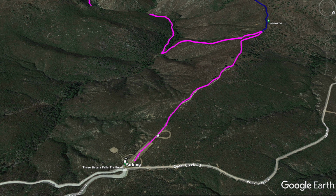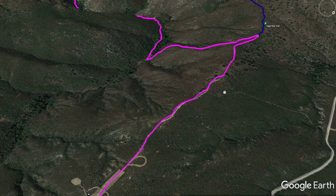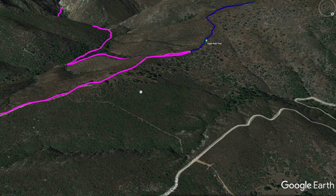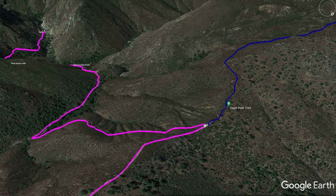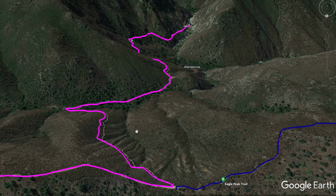We're just going to go to the end of the lot, go down, go straight through the gate, and then follow it. It's a little bit downhill. If I go around like this and show you, you can kind of see it's gradually downhill until we get to this junction where the post was, which is where we make that hard left. And then we start heading down